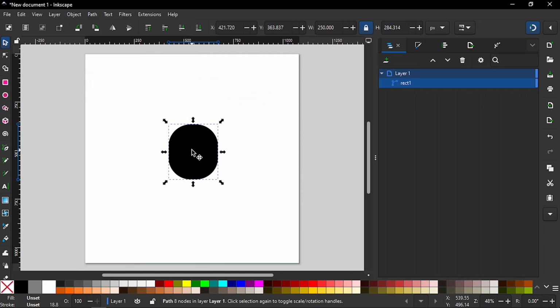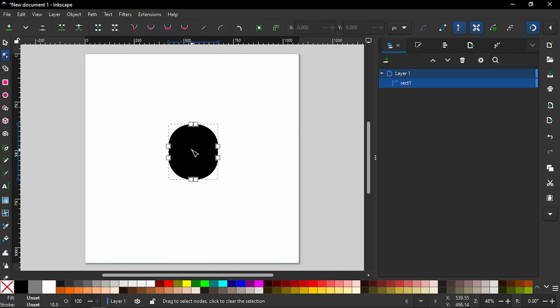Now we will go to nodes tool by pressing N on our keyboard, and if we make that just like this a little bit and make it like this, and if we click again, well, if we come over here and click add corners, and if we select this, and if we just make that a little bit rounded, and if we select that thing a little bit rounded,